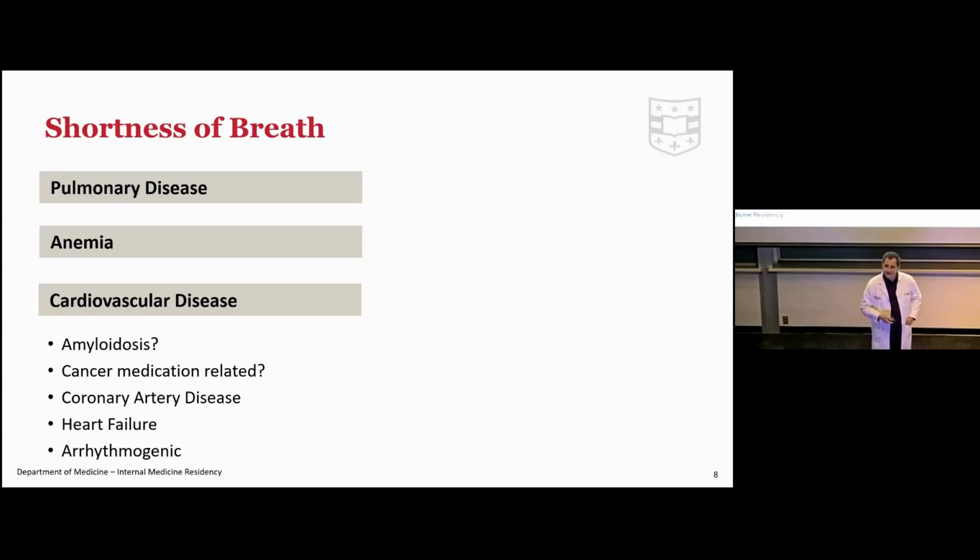Underneath cardiovascular disease, I'm going to ask, is it amyloid? Probably not in this case. They're 26, although AL amyloid is possible. I'm a cardio-oncologist, and so I might consider cancer medications, although you certainly can consider other ones. Also unlikely in this 26-year-old. Then you have your normal stuff. Are there blockages in the arteries of your heart? That usually is going to happen much later. It would be very rare for a 26-year-old. Is there heart failure? Is either the pump not squeezing well enough, or is it too stiff? Is there an arrhythmia going on? And usually that would only be in the case if they led with palpitations. It's unlikely if they haven't already given it to me in their one-liner, but I have to think about it. And then there's this group of other.